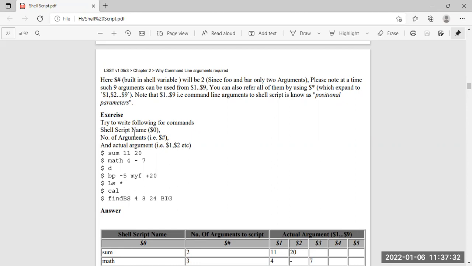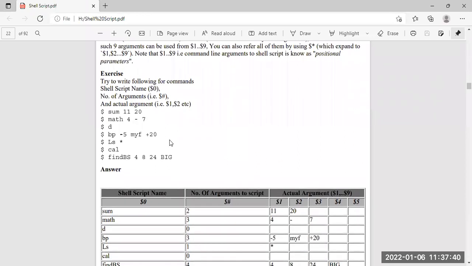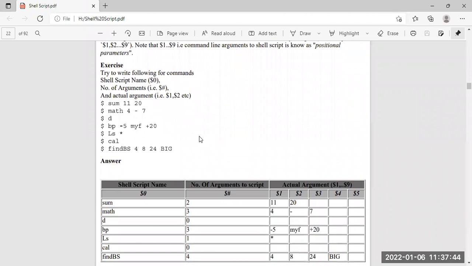So we have to write the following command and arguments for that, right? Now there is an example given here of the shell script name, the number of arguments, and the actual arguments. We can see this is an example given, sum 11 20, right?